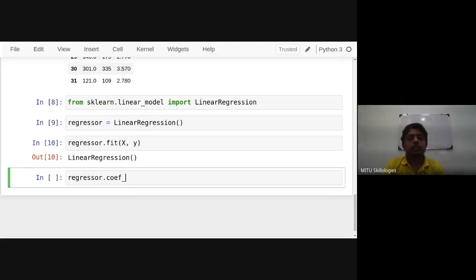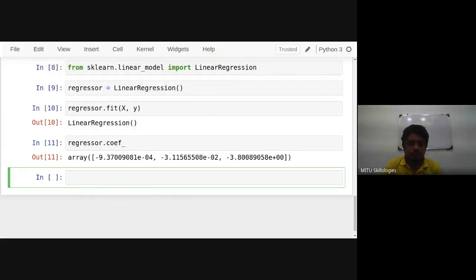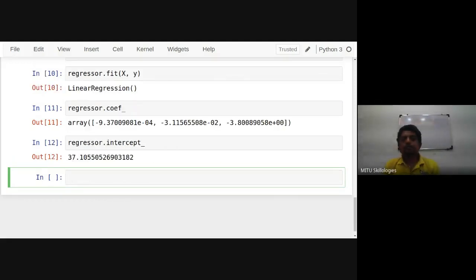These are the 3 coefficients that we have. The first coefficient, or first slope, is for the first variable, the second for the second variable, and the third for the third variable. And the intercept will be single, which is this. Check it. These coefficients and the intercept are there. And if you want to check the score, how accurate it is, you can use the score function to do this operation, x comma y, into 100.